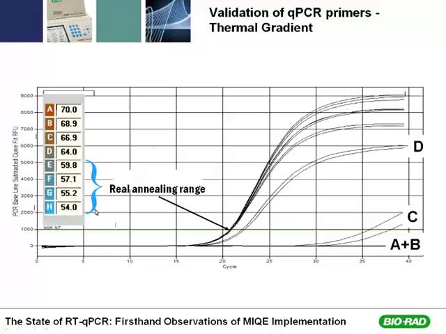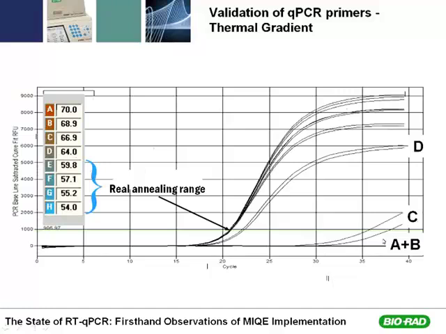I do recommend that for reaction validation, thermal gradient and standard curve, you use a pooled cDNA sample from across all the conditions of your experiment. So that becomes your validation sample. And I recommend diluting that cDNA sample by about a factor of 10 or 20 to make sure that you've diluted out any potential inhibitors of qPCR that might be in that sample. And then you use that as your reaction validation sample for each primer pair that you're going to be testing